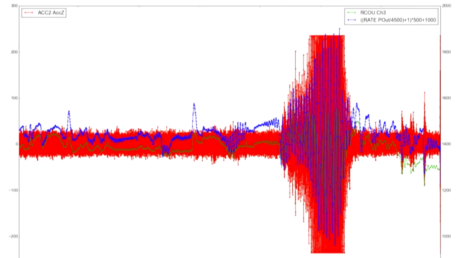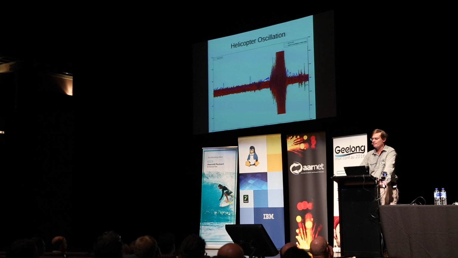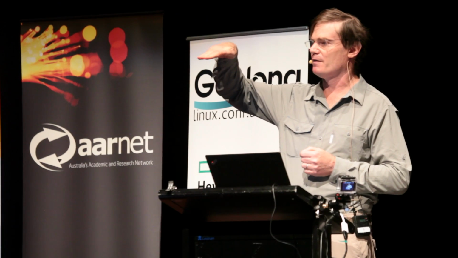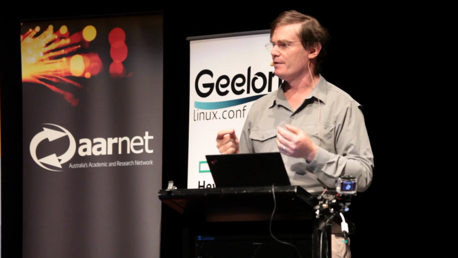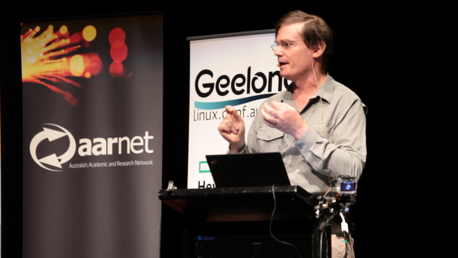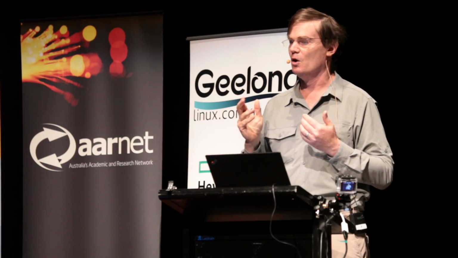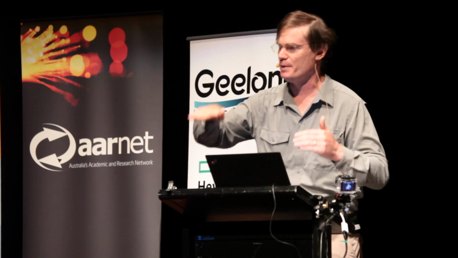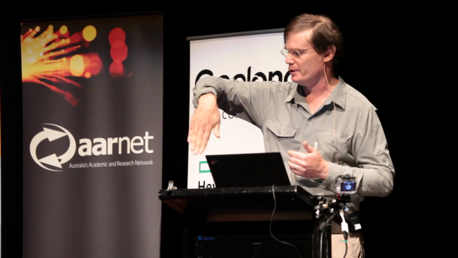So the cause of this was a very small change in the tuning on the pitch controller, and that's what those blue and yellow and green lines are. They're the control inputs and control outputs of the tilt of the swash plate. All right, the swash plate is the part of the helicopter that twists the blades to allow it to control its attitude. And there's three little servos on the swash plate, what's called CPPM mixing, where you've got two servos that really control the roll, and one servo that controls the pitch for moving the helicopter, pitching forward or pitching up.